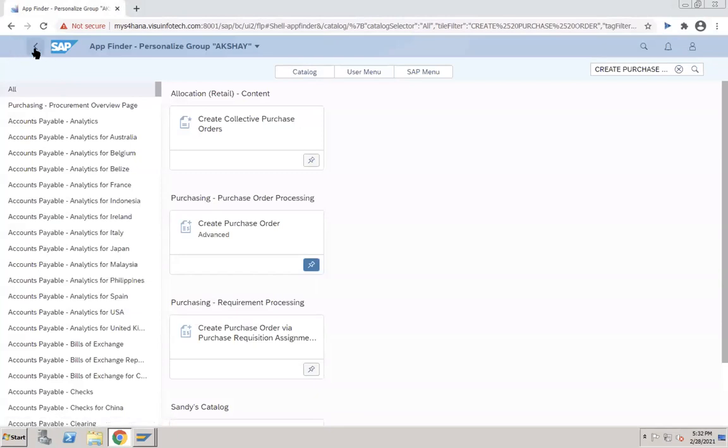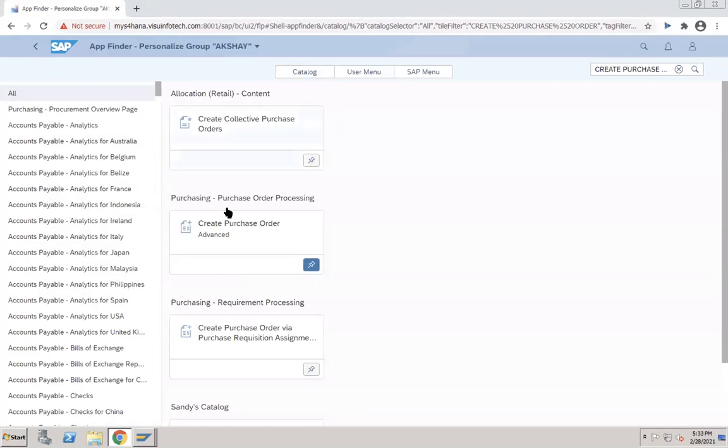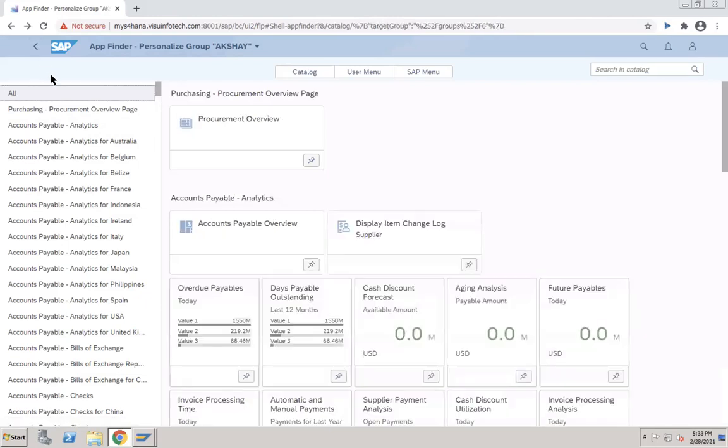Because what I feel is, it's like a shopping cart. Whatever you do in Amazon, like that only. Whatever you want to buy, its screen will look like that. You'll add it into your catalog, so you can create a purchase order. It's like adding to our favorites, the T codes we add to favorites, no? We are pinning like that. Yes, that's all.